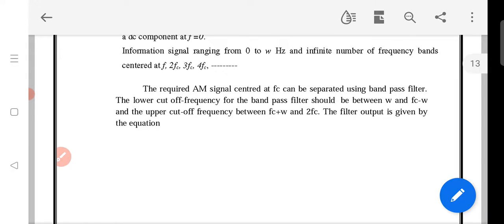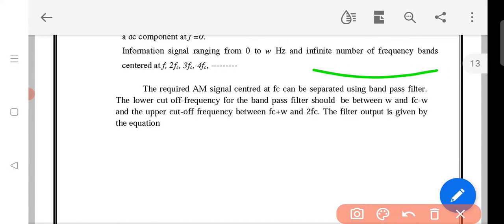Okay, so the higher it generates the infinite number of frequency bands because it is a pulse. By the equation of the pulse train it generates the number of bands, but we centered these bands at fc. Okay, that is the r omega c. We discussed this bandwidth spectrum in previous classes.